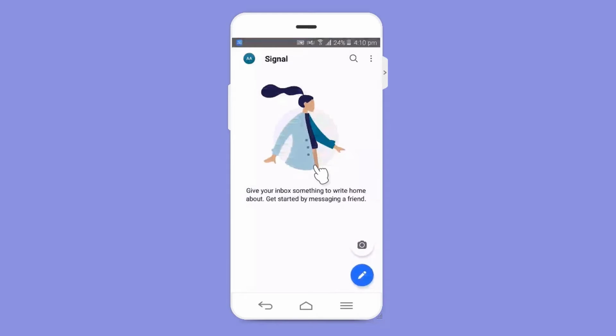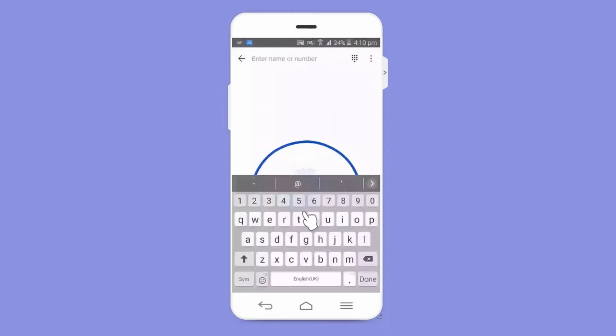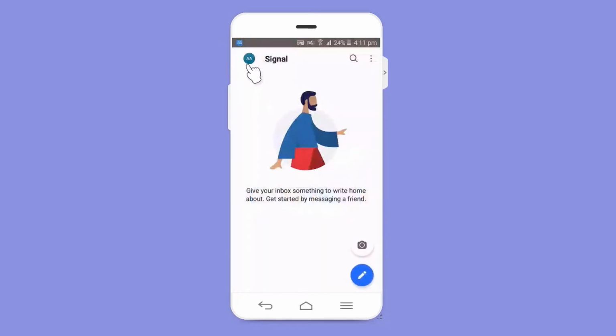After that here you can see the app interface. Here you can see none of your contacts have been added and no chats are here. For adding chats you want to click this pencil icon, and after that here you want to enter your name, or otherwise they search through your contacts. Then go back, and we can move to our settings, and first you want to select your profile.